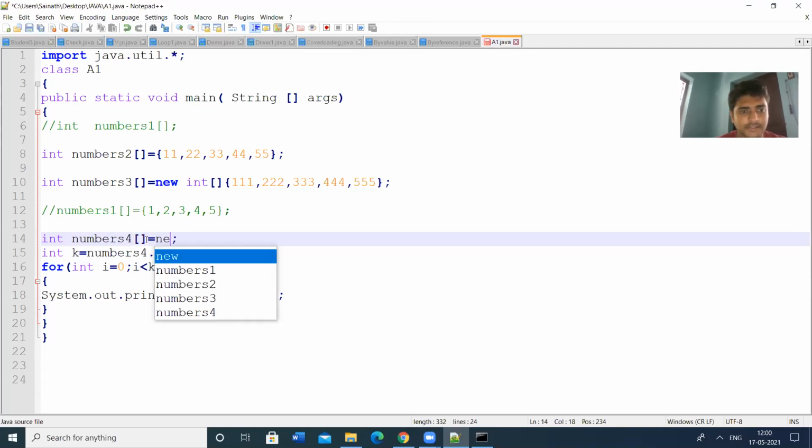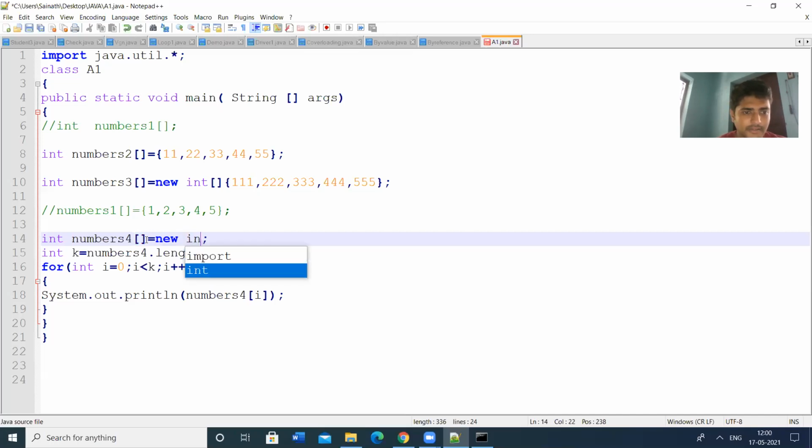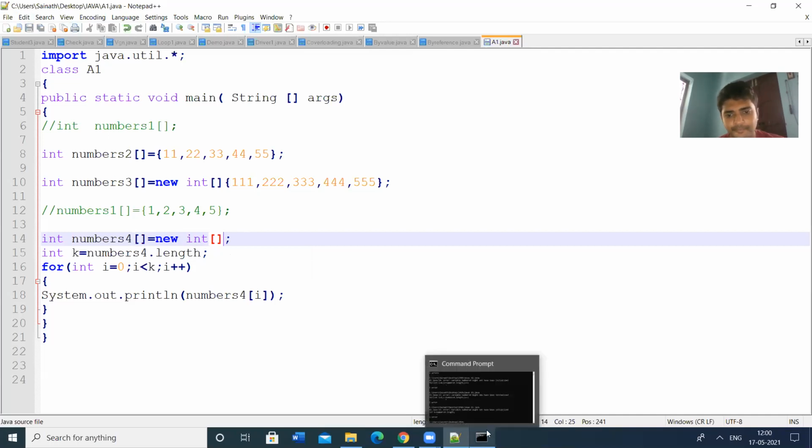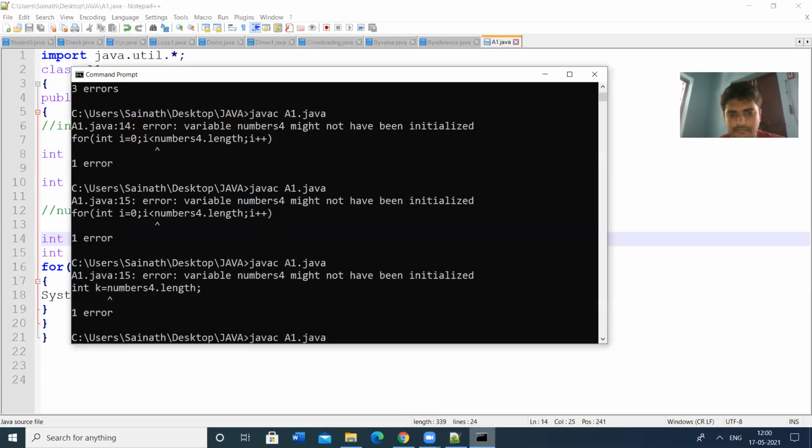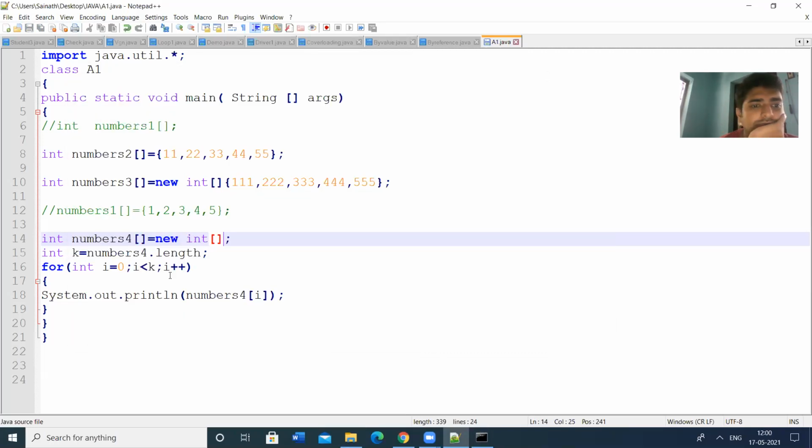So let us make this with new. Let us check this. Error: dimension missing.